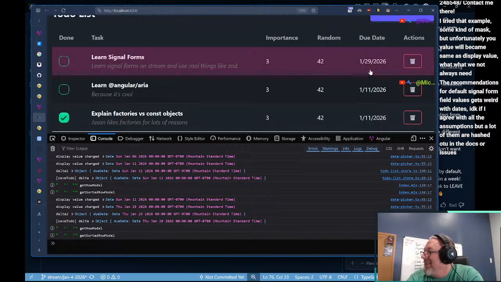So Michael says that the recommendations for default signal form field values gets weird with dates. I don't know if I agree with all the assumptions, but a lot of them are hashed out in the docs or issues. Yeah, and this is where